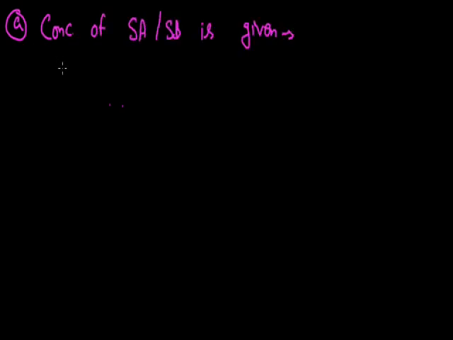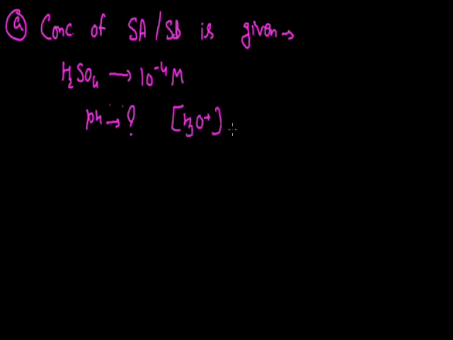As in the question, I was provided with the concentration of sulfuric acid, and the concentration of sulfuric acid is given, that's 10⁻⁴ mole per liter. And in this condition, if I am set to calculate the pH of this solution, then for the calculation of pH, I will be requiring the concentration of hydronium ion, and that can be calculated with the help of